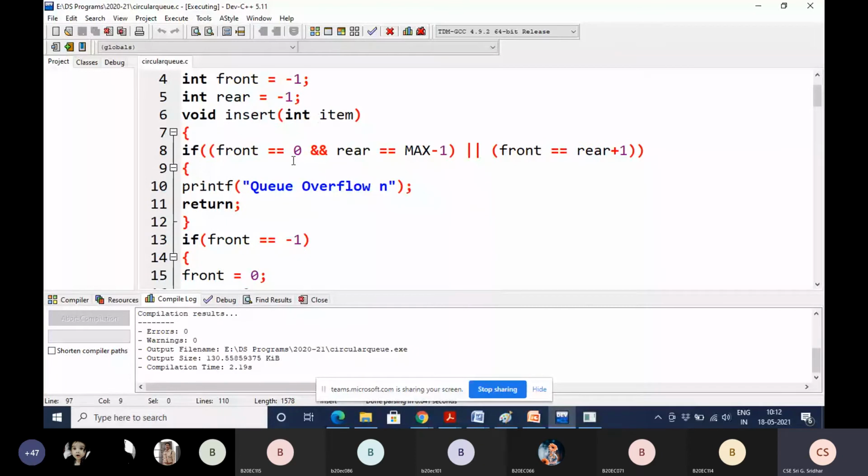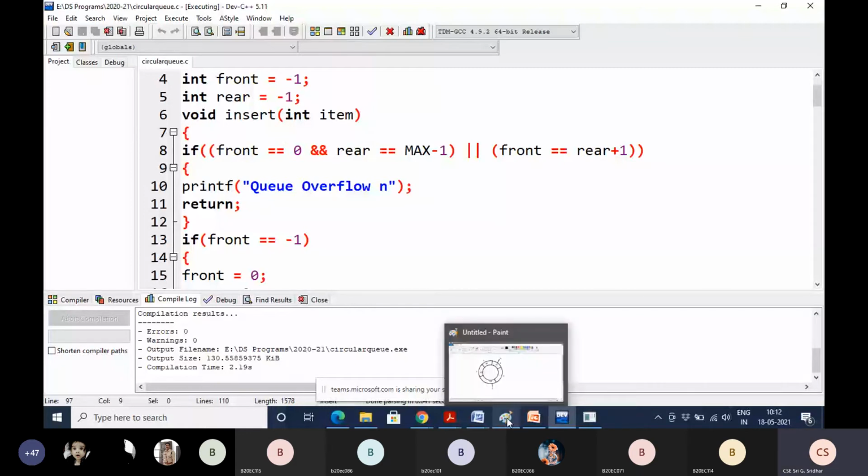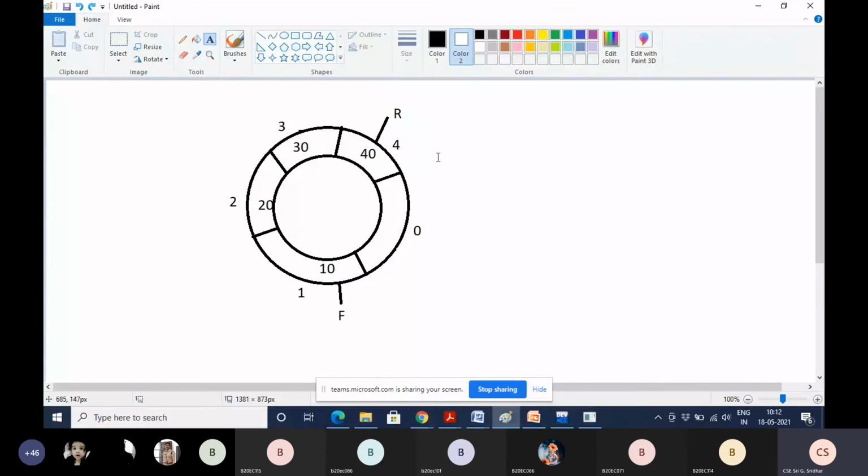If front equal to 0 and rear equal to max minus 1, what is the meaning of that, students? Front equal to 0 means this one, rear equal to max minus 1 means this one.